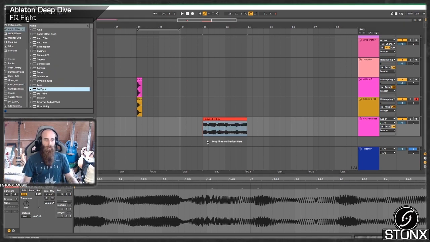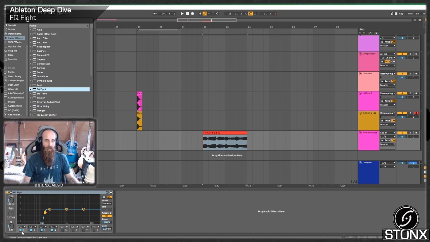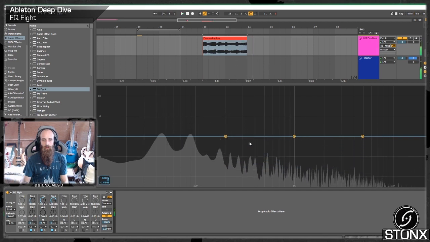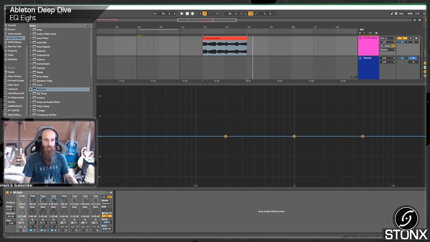What we can do from here, we grab our EQ8. We don't necessarily want to be cutting or boosting any particular frequencies. I've already kind of made the sound to sound good. What we can do is come over to our mid-side mode, and now we have this M or S. So on our mid, we can get rid of some of this high. Let's shelf it, say around the 1K region. So if we do this, we can hear